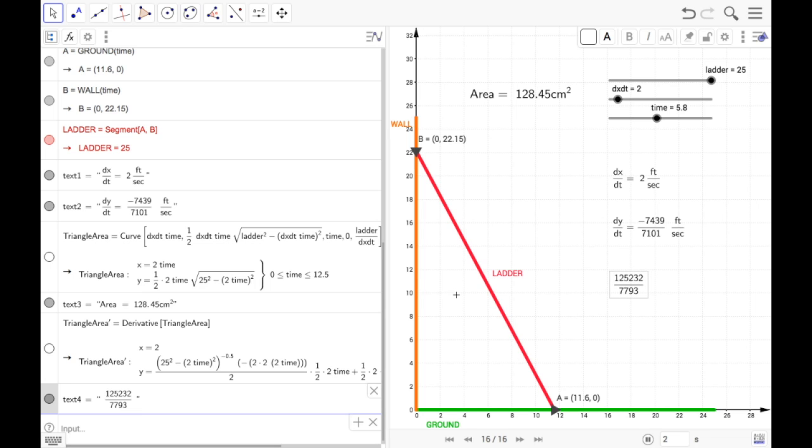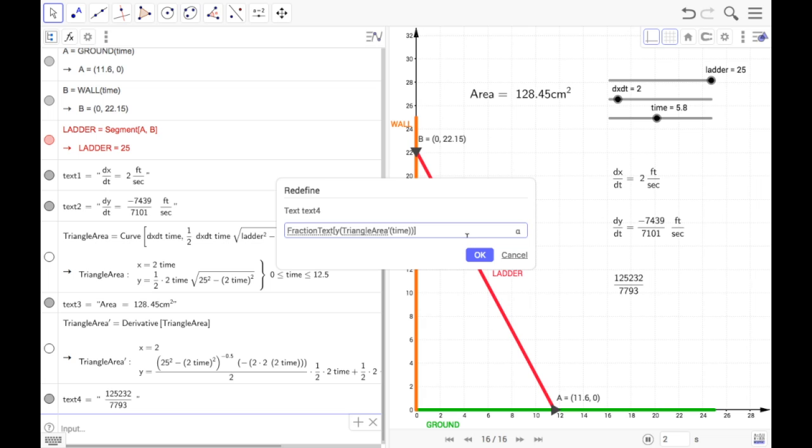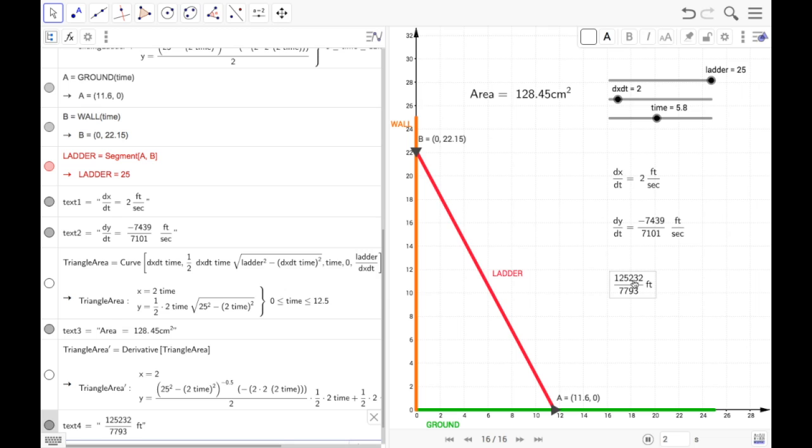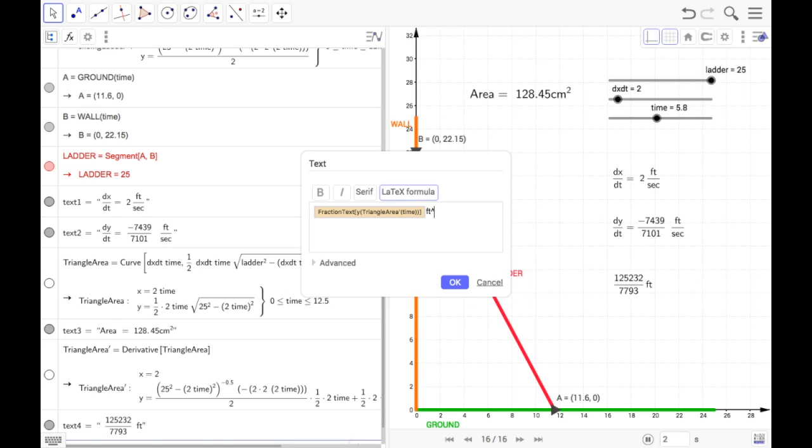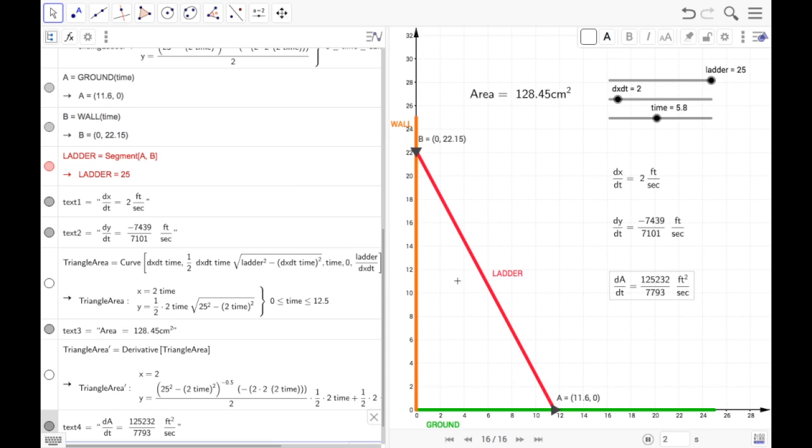Let's pull this over, and now let's edit this some more so we can easily see what's going on. Here we have feet as the units, but we're doing area, so it really should be feet squared per second. So let's use frac. We have the double curly braces, the numerator. I want feet squared, and the denominator, I want seconds. For the label in front, I want another fraction. I want the numerator to be dA, the denominator to be dt, and I want an equal sign in there. Let's do that and move this up a little bit.